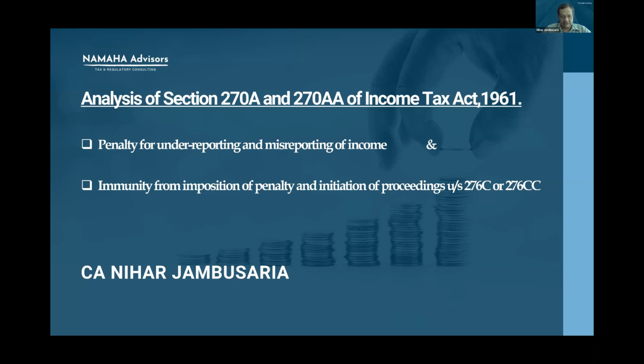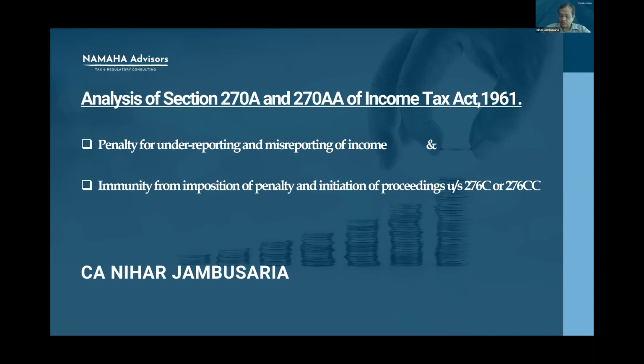Section 271, subsection 1, clause C. Penalty for concealment of particulars of income or for suppression of facts. This penalty was replaced by the new section, Section 270A, effective from assessment year